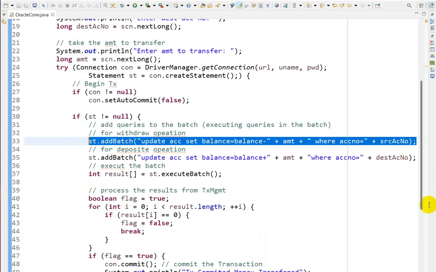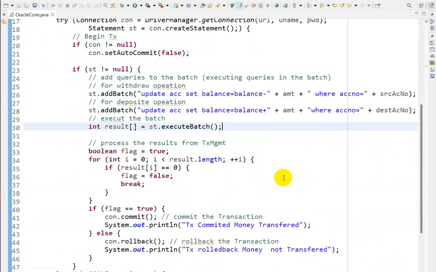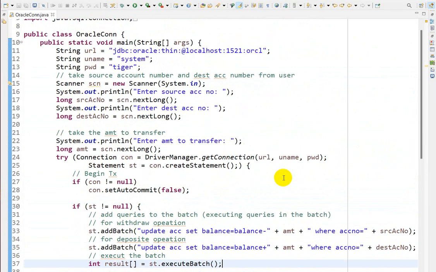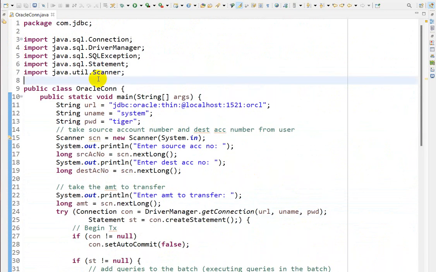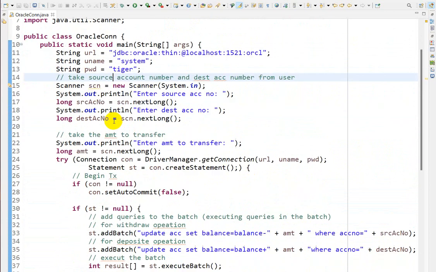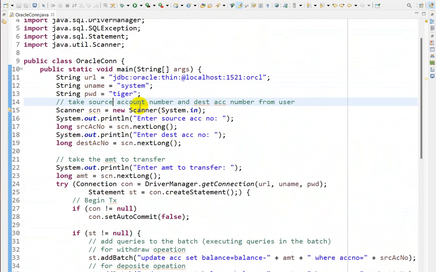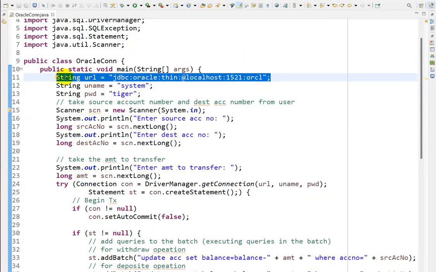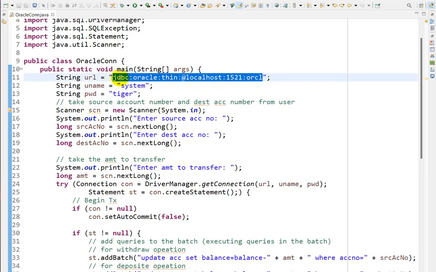Now you can understand what we are doing. I have already written the program and added the driver to the classpath, and you can see the JDBC setup in Eclipse, I have already created a video. So let's understand what we are doing. First is the URL pattern, which is the JDBC URL. You can use MySQL, I am using Oracle here.